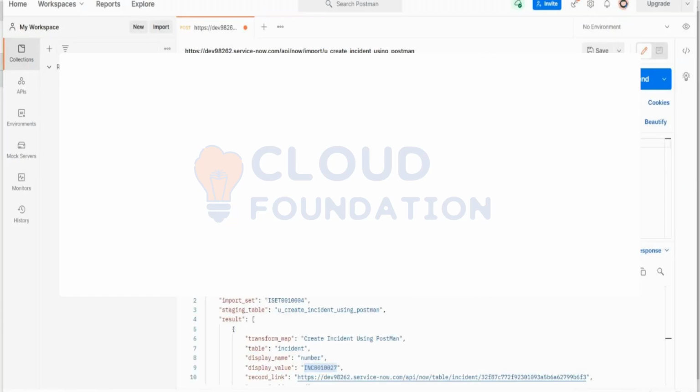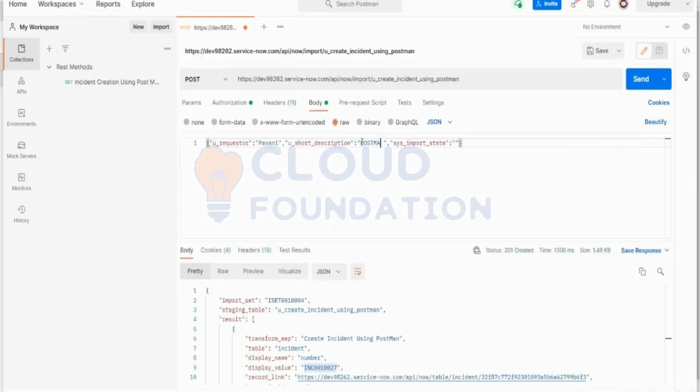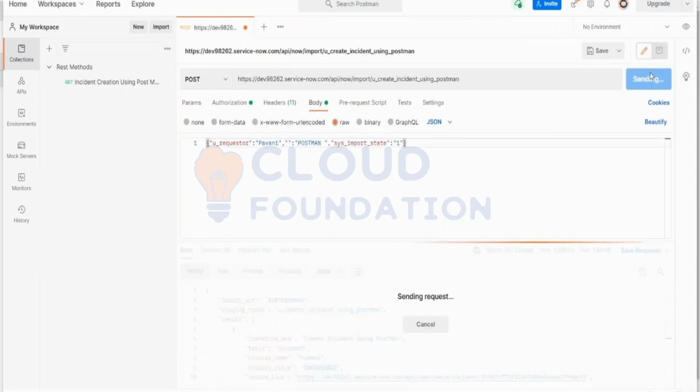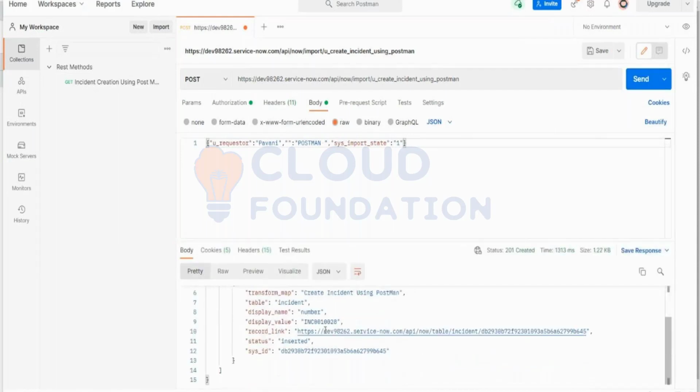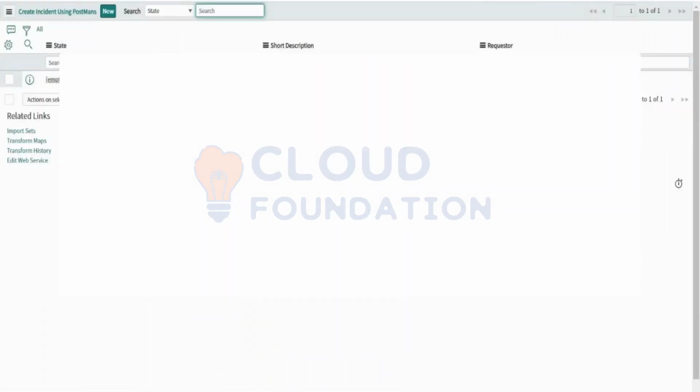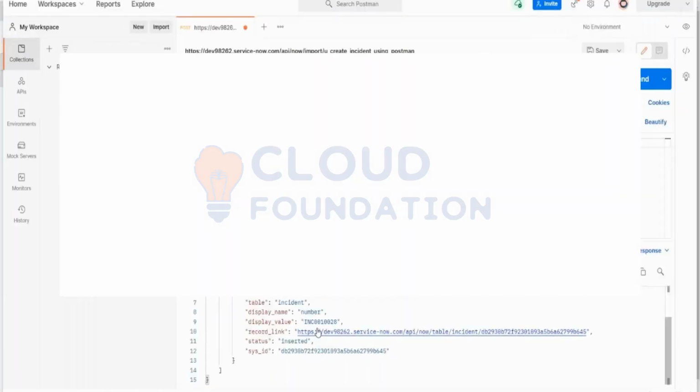Now let's try changing the request body. Here I'll put Postman. In order to understand, mess up with everything. In every aspect, learn to see what's happening, what's not happening. Here, short description I'm taking away. Okay, the backend value. Now let's see. It has created. But do you think it would have mapped the short description?